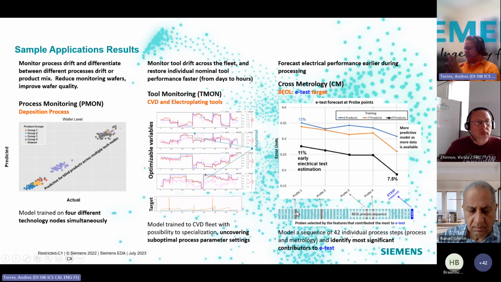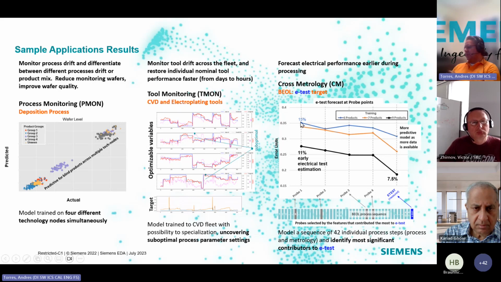But what's interesting is that as you are concatenating these 242 process steps when you are creating the model, it indicates which processes, and this cartoon is a scale, meaning it shows which processes in that sequence provide the most impact to the electrical performance. And depending on how well that model is trained,